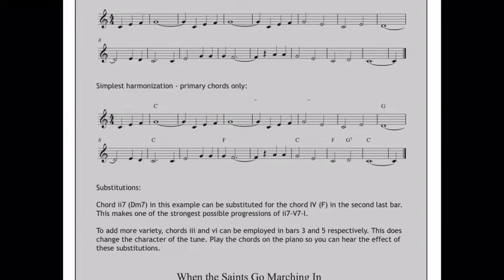Oh, when the saints go marching in, oh, when the saints go marching in, oh, I want to be in that number when the saints go marching